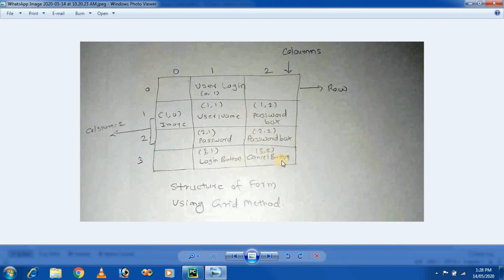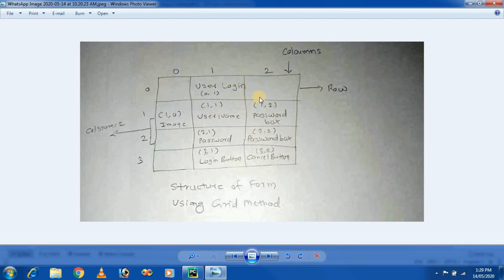There is a login button and a cancel button. So this is a raw design of our form. The grid method works like a table, that is, rows and columns. If you understand the grid better, you can design a form very easily.